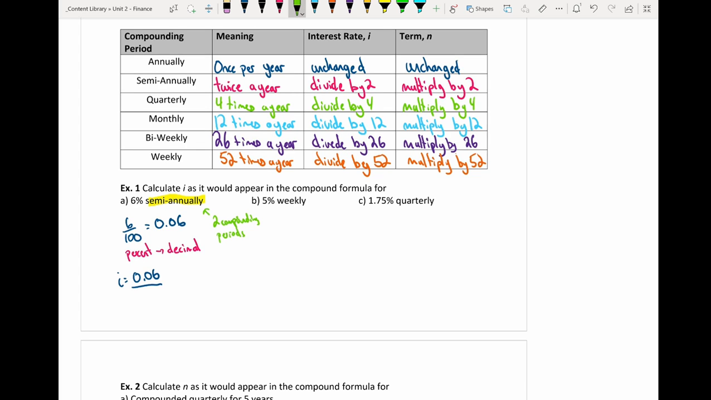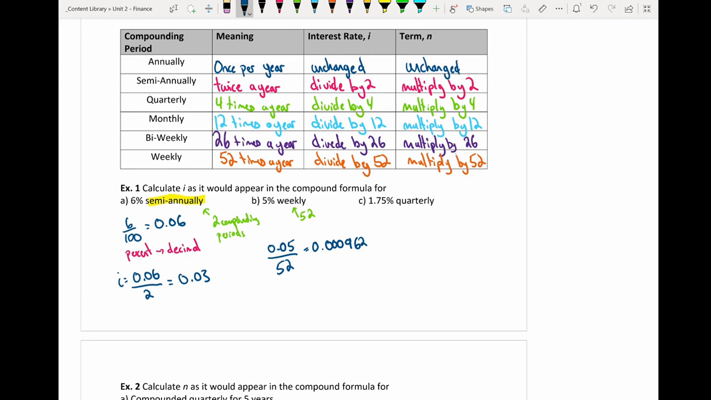And because there are 2 compounding periods, we need to divide this yearly rate by 2, and we get 0.03. For weekly, or 5% weekly, we're going to take the decimal, so 0.05, and divide it by 52, because that weekly term means that there are 52 compounding periods that we're dealing with. So 0.05 divided by 52 equals